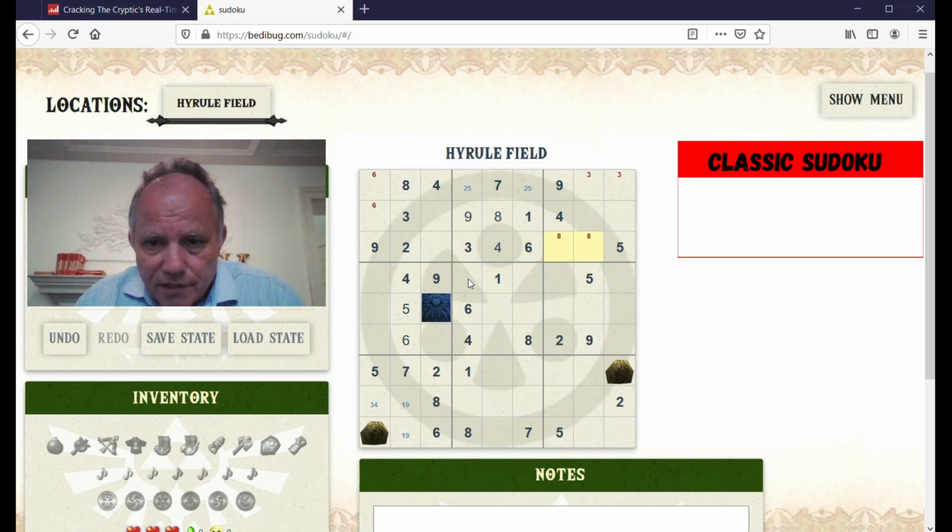Haven't finished any boxes obviously yet. 9 and 5 not there. 1, 8, 7. Oh, 2. 2 in row 9 has to be there. 8, 7. One of these is a 6. 6, 4, 8. 9 is in one of those. Sorry, 6. Those were the cells I was talking about having to have a 6 in. 5 in row 6 has to be there. 6, 1, 9. 7. Yeah, 7 there and 7 there. Okay, I can place that. That's interesting. Yes, now I can finish the